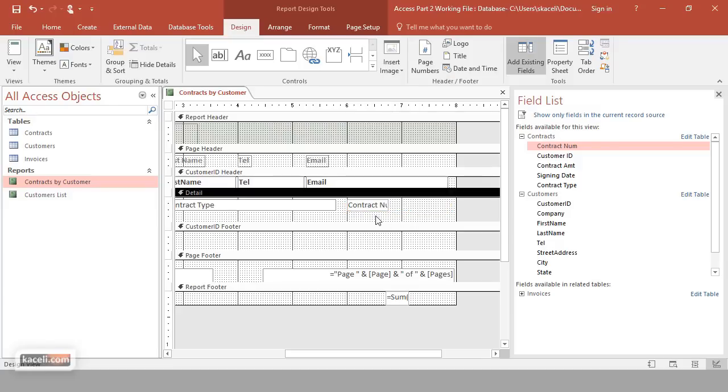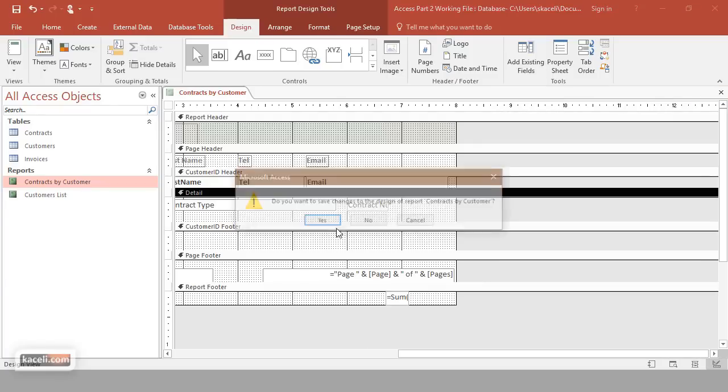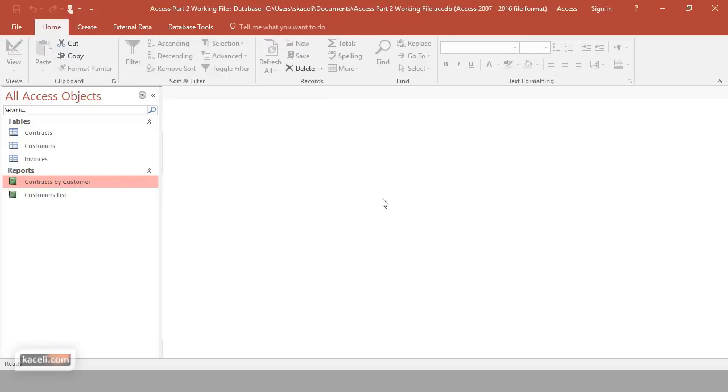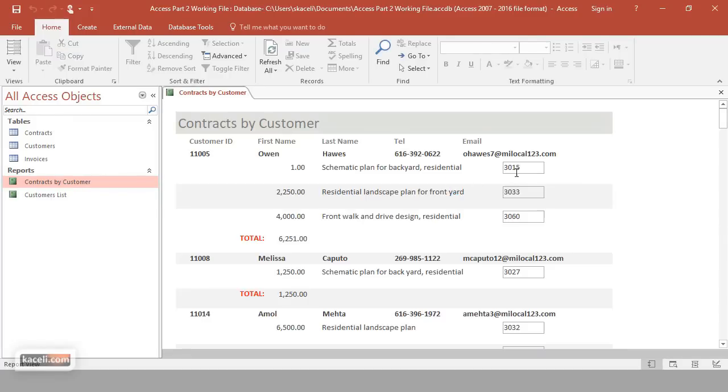And then that field at this point should have been added. So if I close it and run it, I should have the contract number at the end of each contract for each customer here. At this point, let me explain how this data is actually linked and how you control the linking